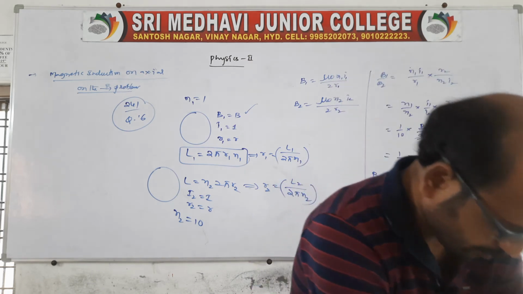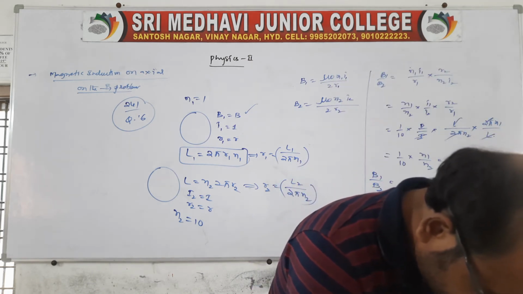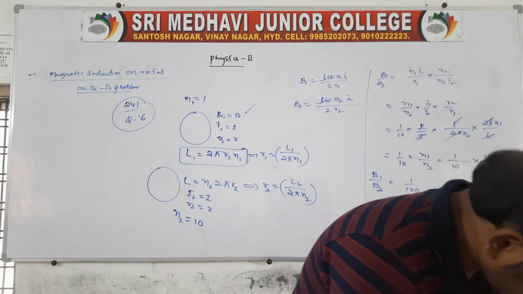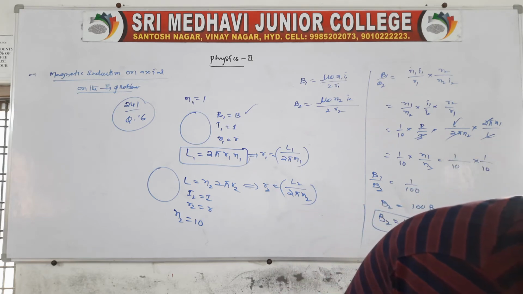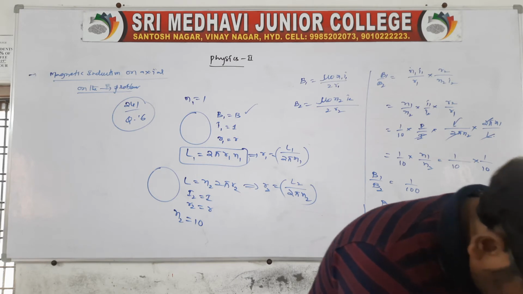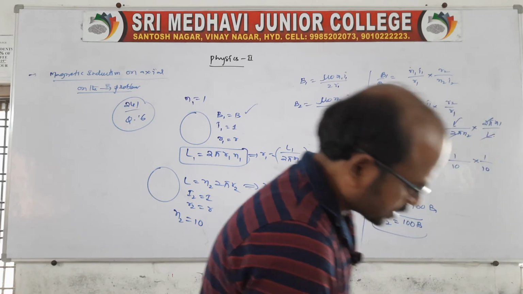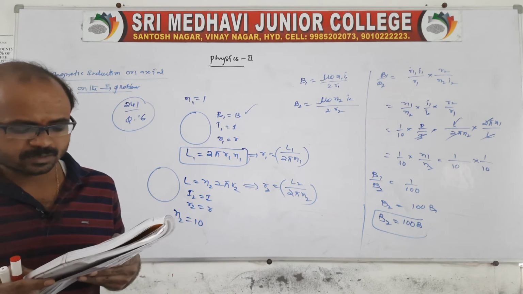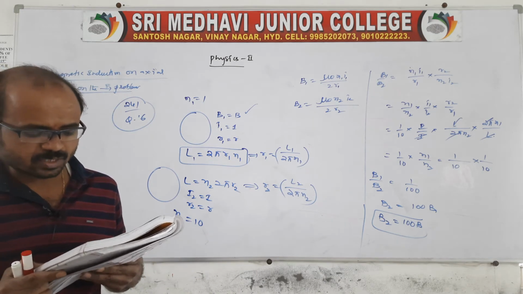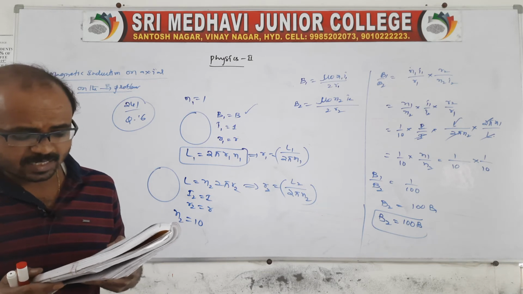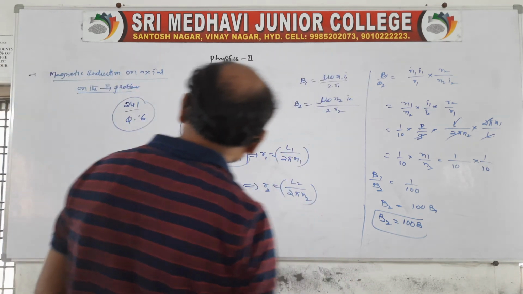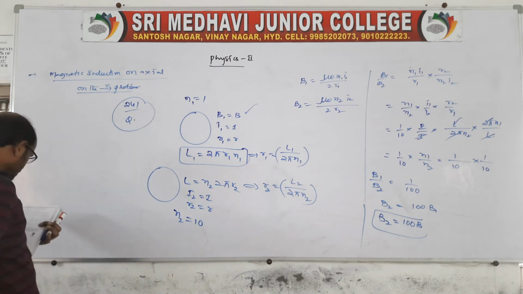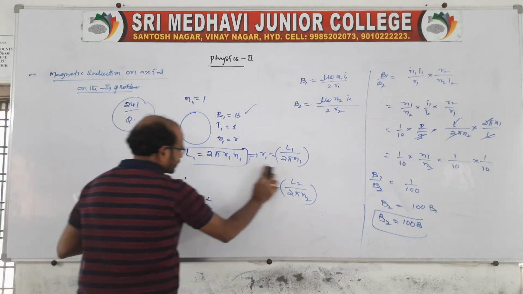Let us take another problem on the same basis. Question number 7, also related to the same. I'll read the question. Question number 7: If the number of turns of a solenoid is doubled, keeping the other factors constant, how does the magnetic field at the axis of the solenoid change? That is page number 241, question number 7. Everyone do it.